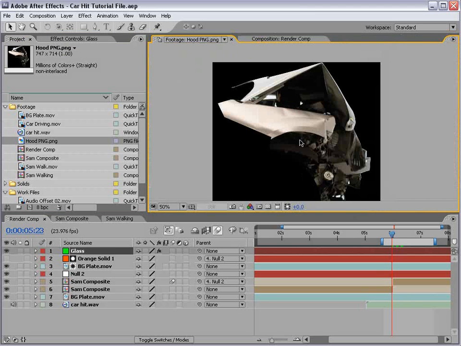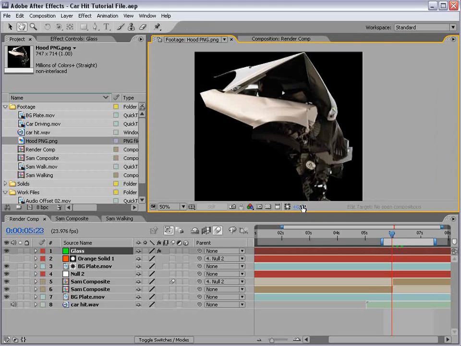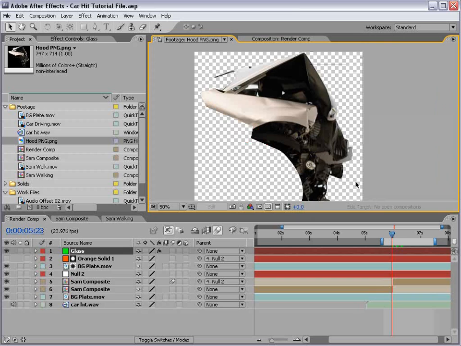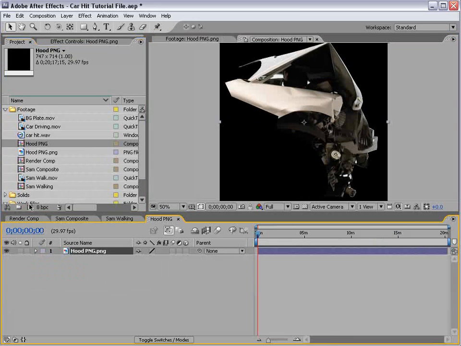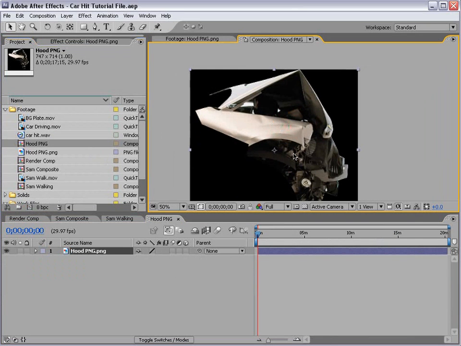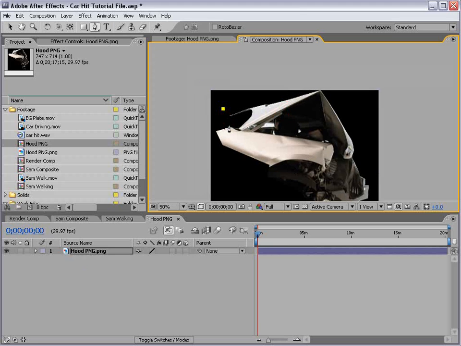So I think I found this on the internet for like crash testing and stuff. And I took the transparency by going into Photoshop and just painting out the white. And what we're going to do is drop this into a new comp all by itself, and create a little mechanism out of this image. So to do that, we're going to go ahead and take the pen tool, and I'm going to draw a shape